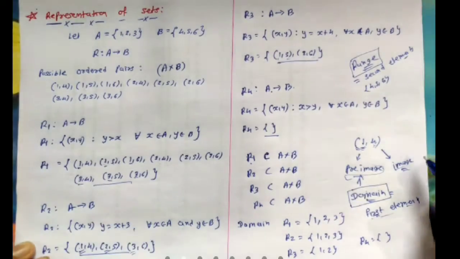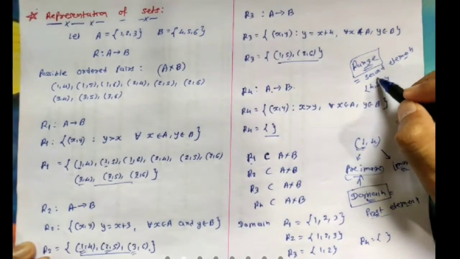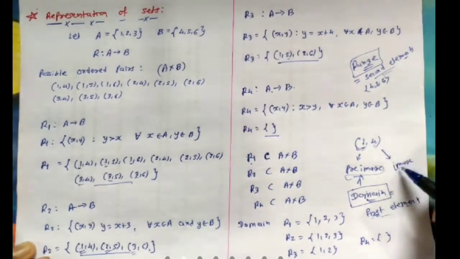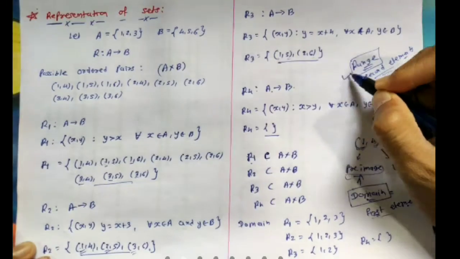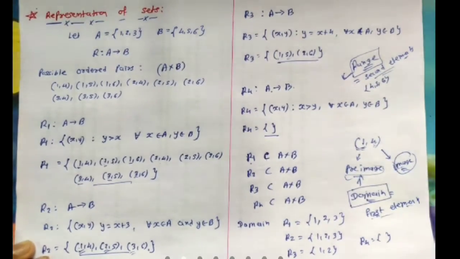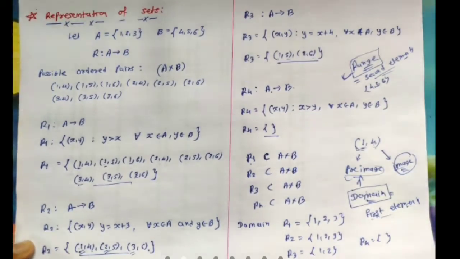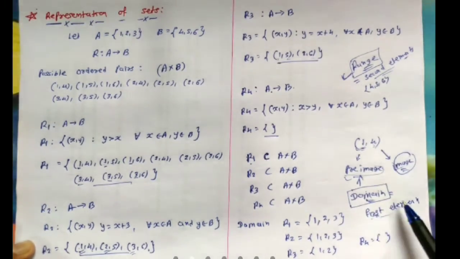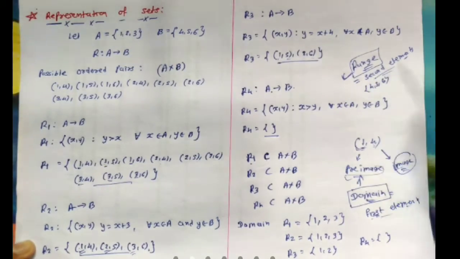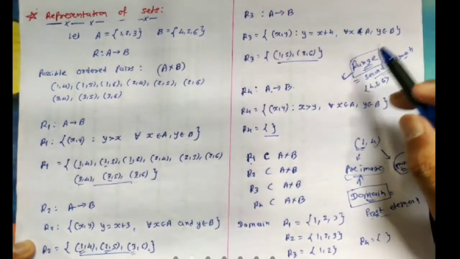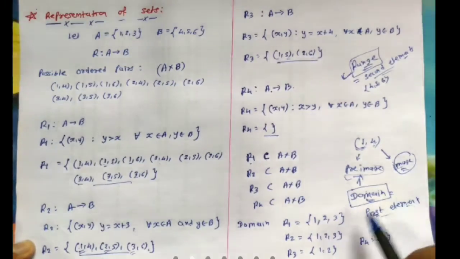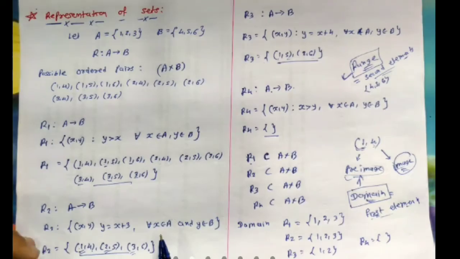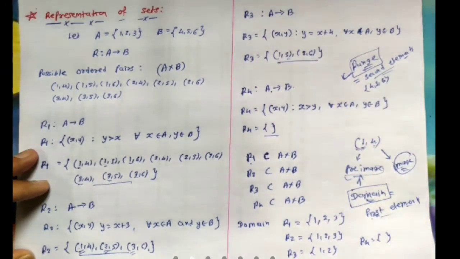Clear? Similarly, our range. What is range? It's the second element of an ordered pair. Image is the second element of an ordered pair. So now we can define our range as the set of all the images. Clear now? Range and domain. Domain means the first element of an ordered pair. Range means the set of second elements. This is the entire set, right? Range is the entire set. Domain is also an entire set. It's the set of which elements? The set of all the pre-images of a relation. Clear?